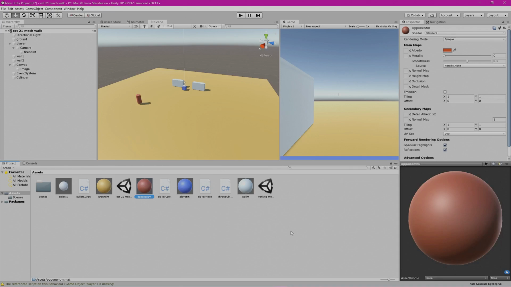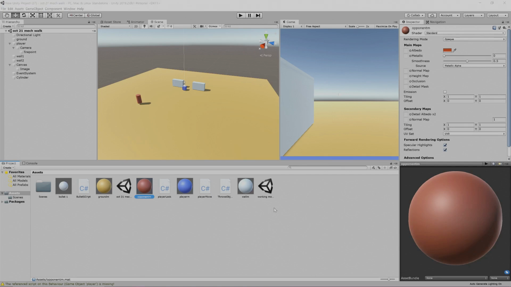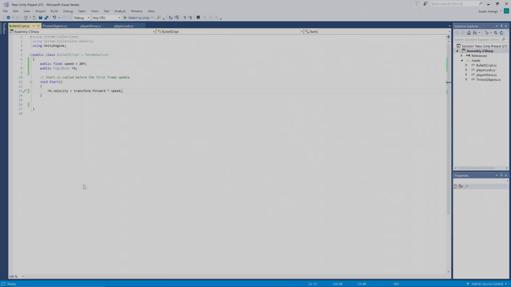Okay, what we want to have happen now is we want our opponent to be able to be destroyed once it's fired upon, or once a bullet hits it. Okay, so to do that, we're going to go to our bullet script. We're going to double click on that. And then what we're going to do is go to this bottom or almost bottom bracket,